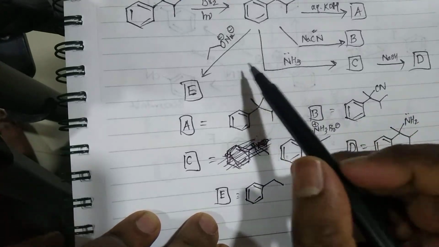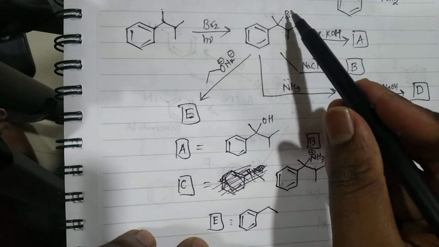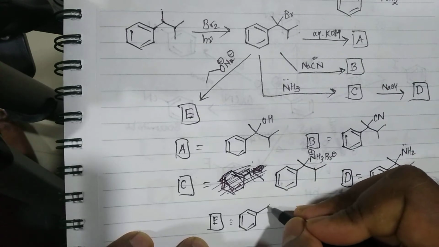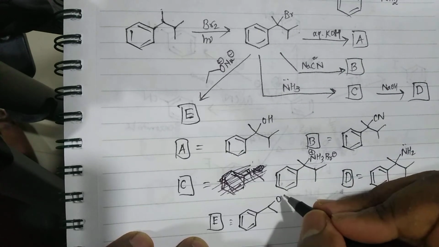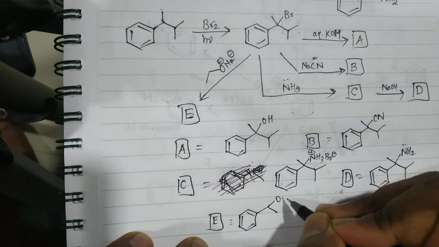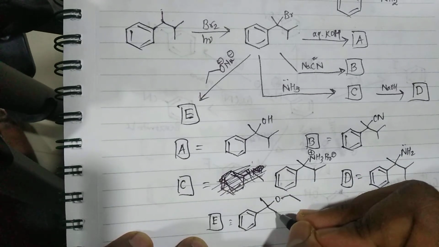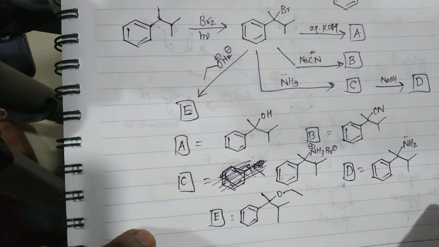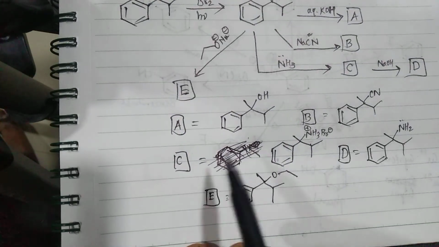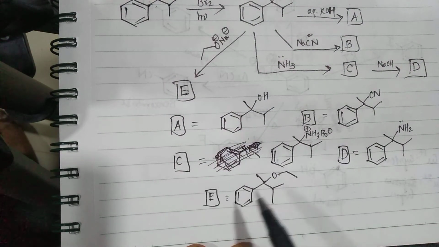So our Br is on this carbon atom. So on this carbon atom, you're going to have an oxygen like this, okay, and then its tail. Okay, so I would just check your answers if you got A, B, C, D and E correct.